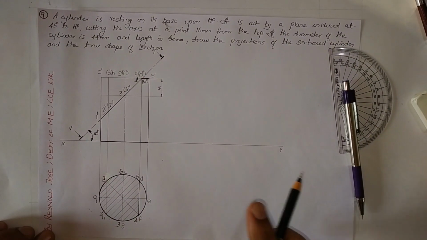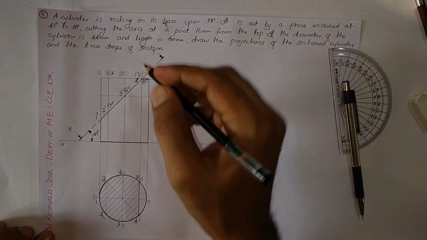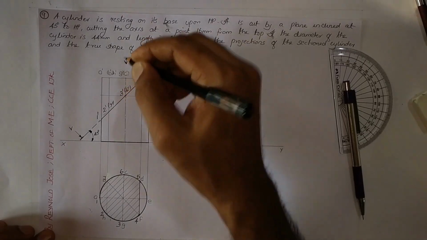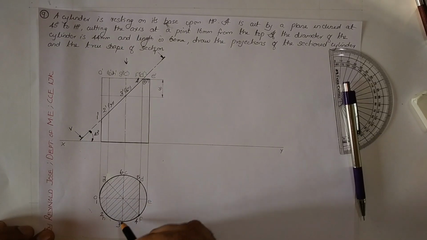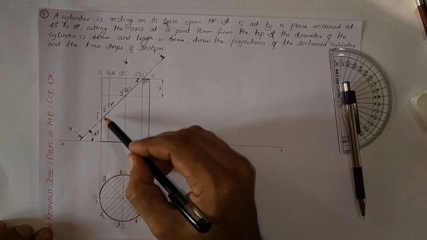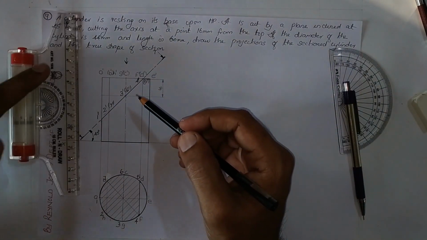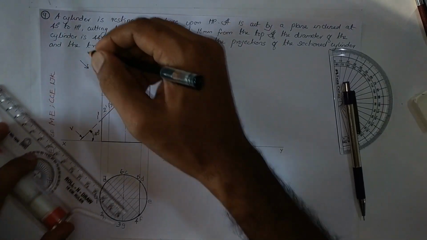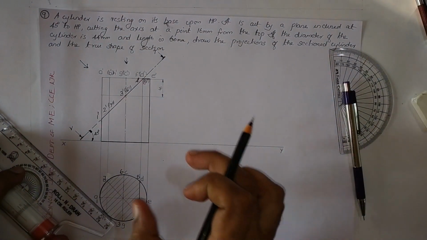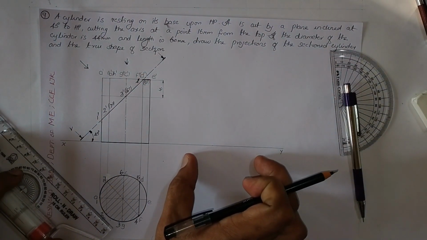Now we have to draw the true shape of the section. So why do we require the true shape of the section here? Because when you are observing from the top, this is the section surface. It is visible in the top view also, but in this case we are not getting a clear idea of the section surface because the section plane is an inclined section plane. So in order to get a clear idea of the section surface, we have to visualize it in a direction that is perpendicular to the section plane. So what we are going to do now is straighten this section plane and draw it to the right hand side parallel to the XY line.